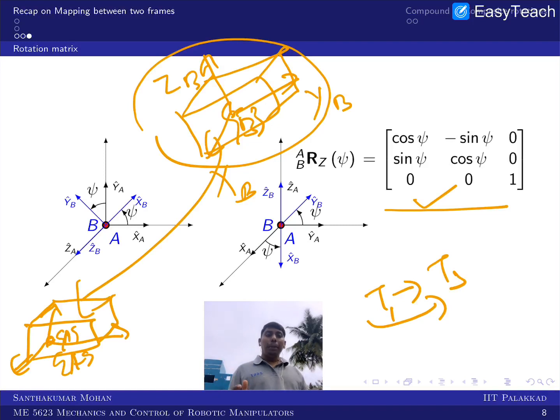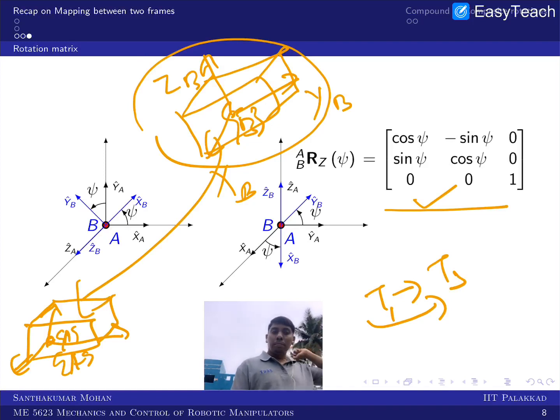Okay, so some of you would have seen in the automobile industry, or the ship industry, they say heading control. Heading control in the sense that with respect to the moving frame z-axis, whatever rotation you are trying to control, that is what you call heading control, which is very common when you are talking about automobiles. When you are rotating, you are rotating with respect to the moved frame. Your body frame keeps on moving. With respect to that, you are trying to control the heading. Okay, so that is heading control. You are not controlling with respect to the fixed frame.